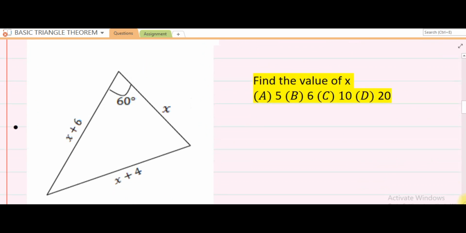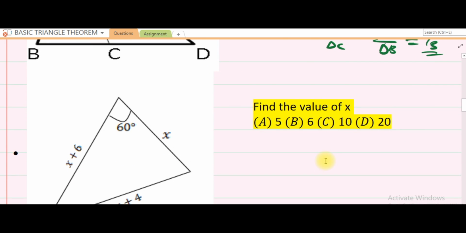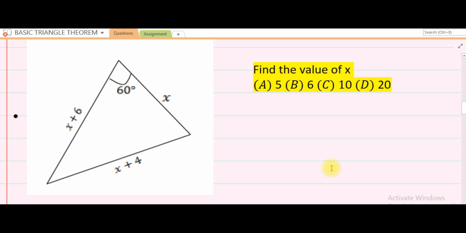So the next question, we are given this and we're asked to find the value of x. Again, looking at the diagram, we need to apply cosine rule, which states that for the angle we are looking for, which is x, we are given 3 sides, so we can write it as